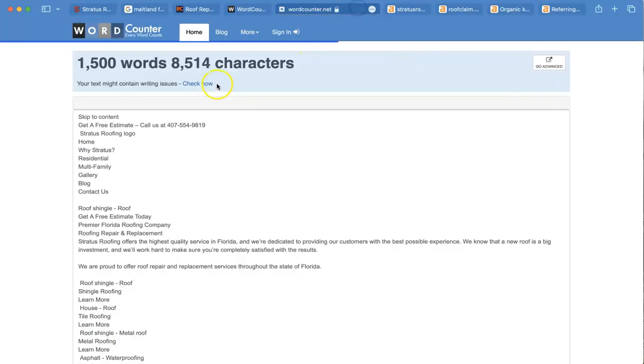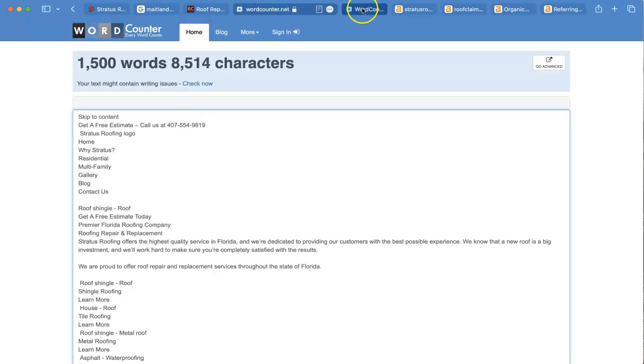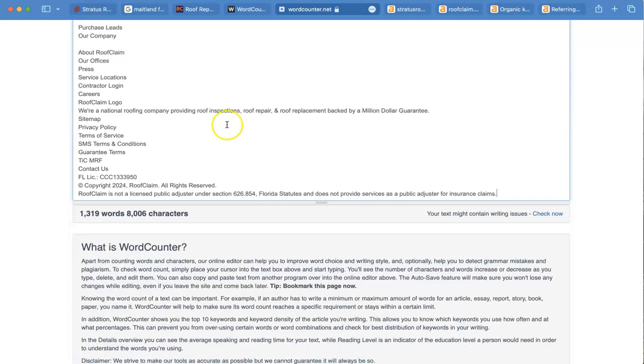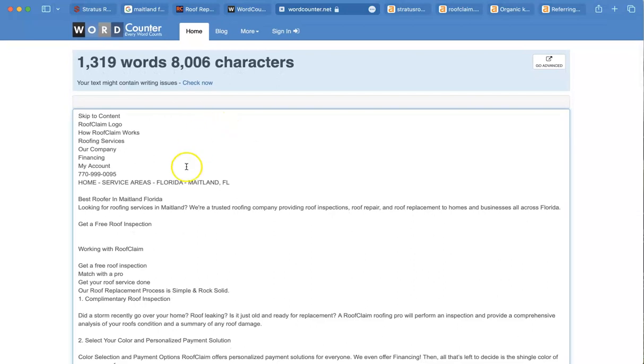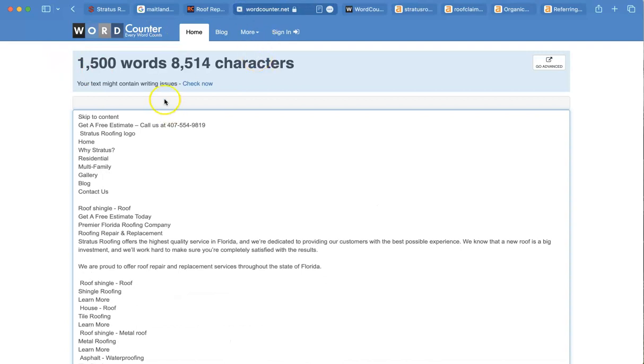Let's put them in this other word count. Oh, are you in that one? Which one did I do? All right, there we go. I'll do that, and there we go. Is that Roof Claims? Yeah, that's Roof Claims. Now they have 1,319. Now you beat them in this, and that is wonderful because Google actually wants you to